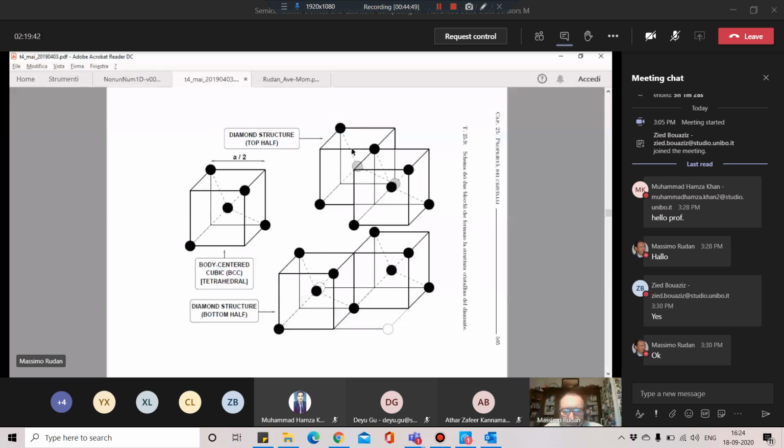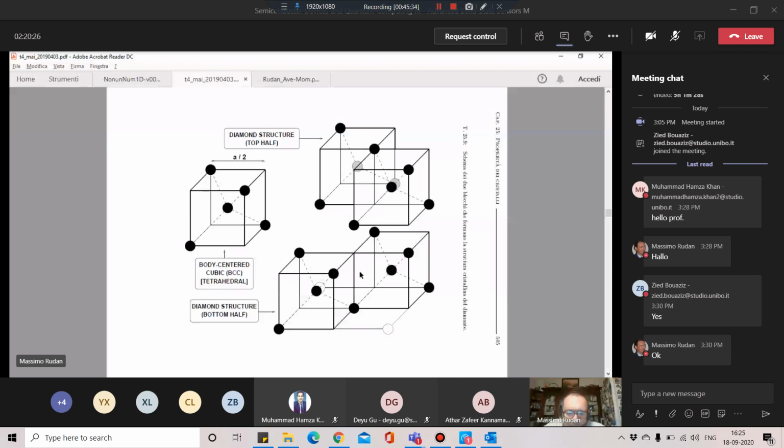Similarly, if you take the upper part, you have the same structure as in the lower part. It is simply rotated by 90 degrees over a vertical axis. You see, it's just the same structure but rotated. Okay? Now, assume that you put these two structures together. So you lower the two cubes on top in order to put them exactly over the two cubes at the bottom. Okay? We shall see the result in the next figure,